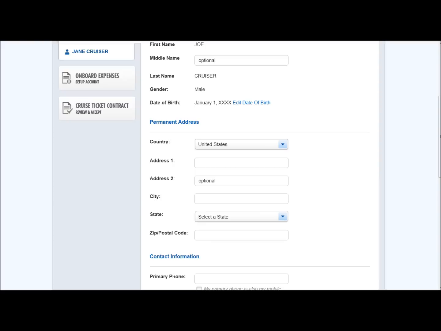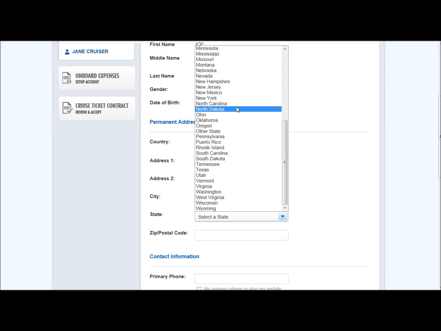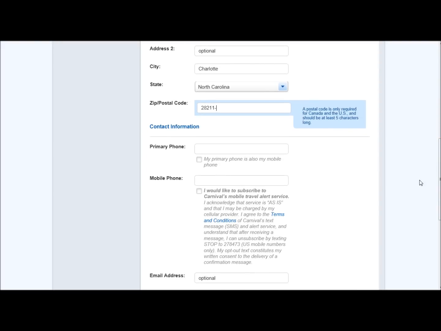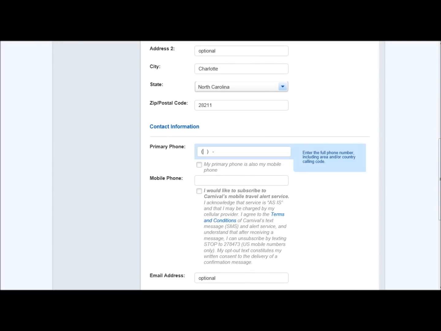And so we're going to put a permanent address in here, and this is where you'll put your address in. So for the cruisers, 123 Main Street. Go down here to Charlotte and drop down menu to North Carolina. And we'll say the zip code's 28211. And actually what's going to happen is we're going to get an error saying that they can't validate this address because there is no address like that in Charlotte. But that's okay. So you'll start with your primary phone,